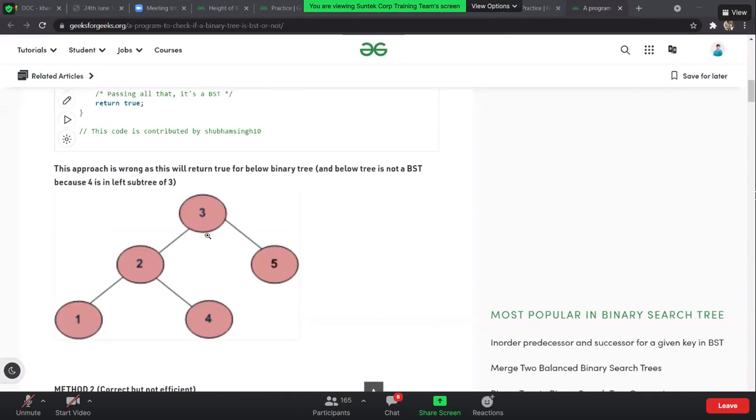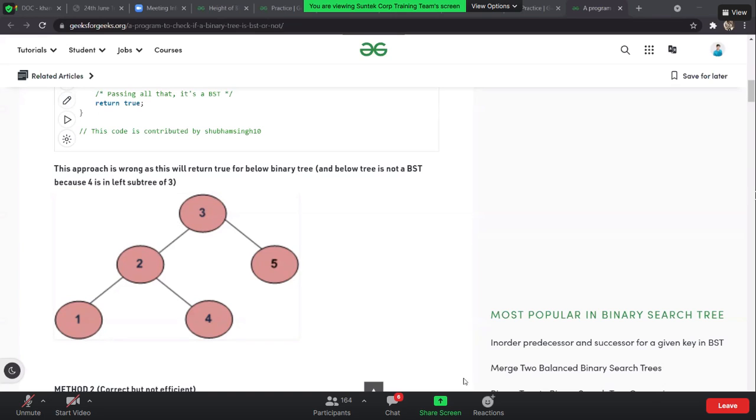Let's say this is the data I have, and this is the left node, this is the right node. So if I have 3 over there and 2 over here, then 5 over here. Whatever element I'm going to get on the left side of this should always lie between int minimum value, which is the global minimum value, and this value.